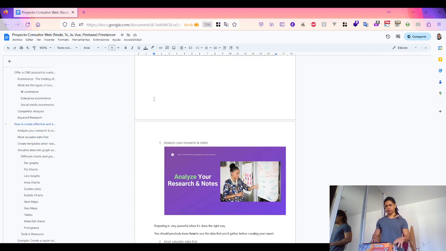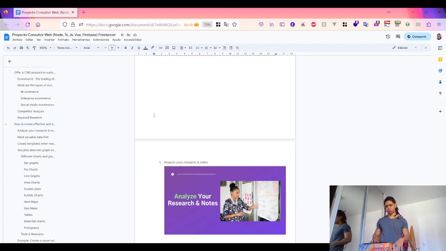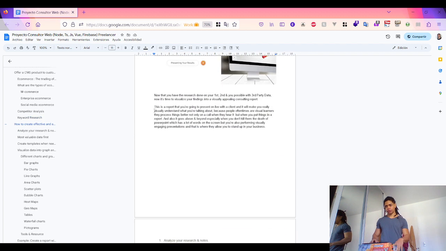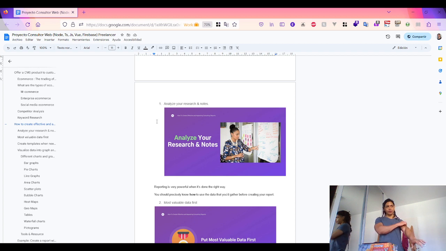So the whole point of this is, by looking at these particular topics of analyzing your research and notes, because you must know precisely what is going to be on this report. Okay, so analyze your research and notes,